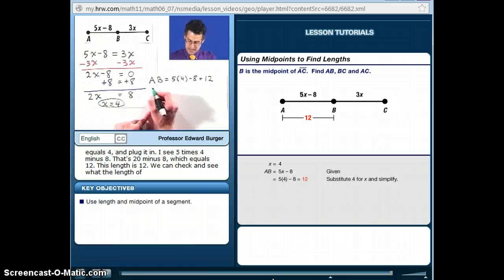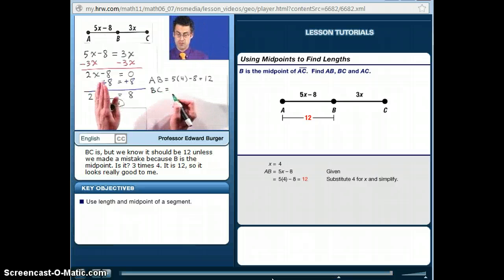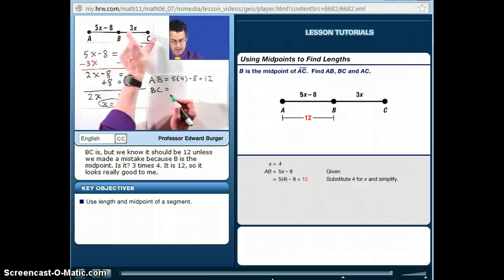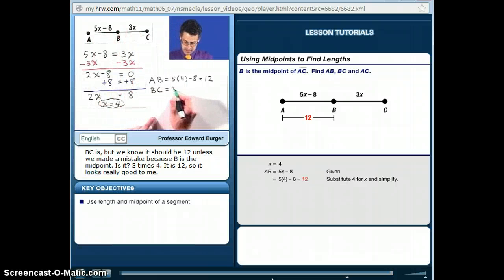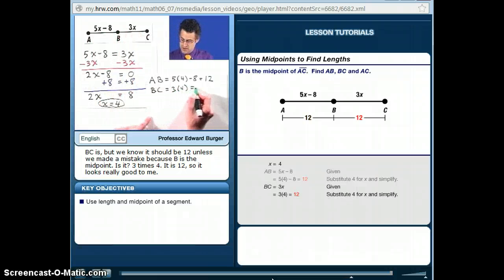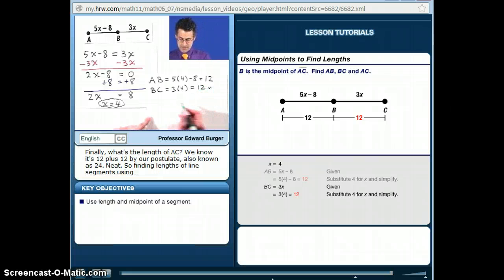Now we can check and see what the length of BC is, but we know it should be 12 unless we made a mistake, because B is the midpoint. But is it? 3 times 4 is 12. It is 12. So it looks really good to me. And finally, what's the length of AC? Well, we know it's